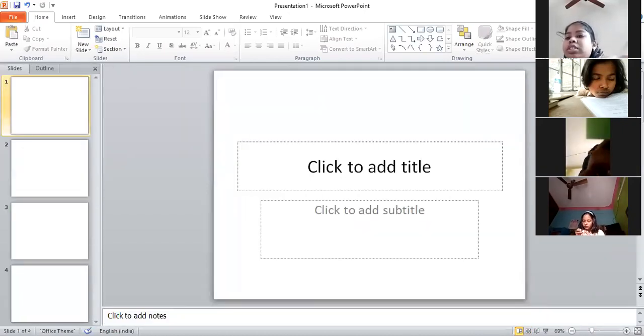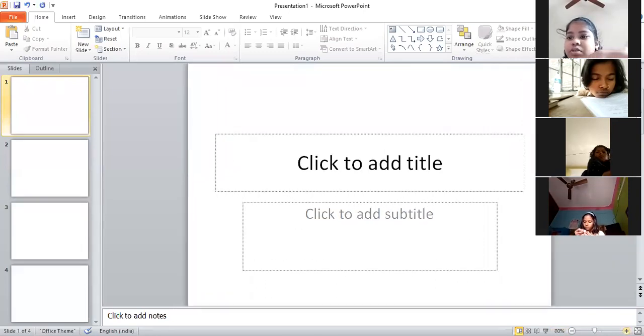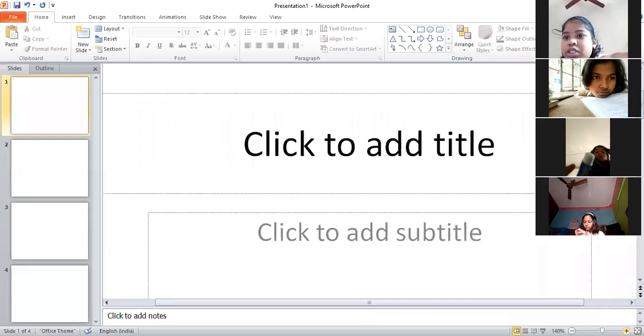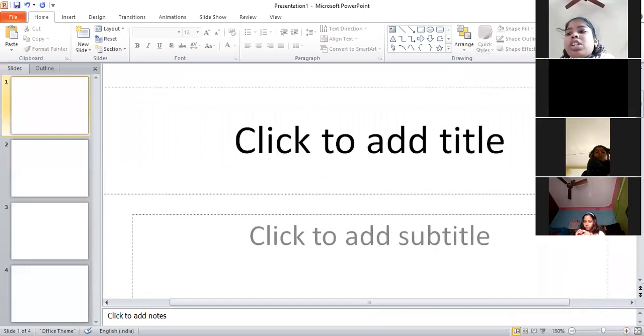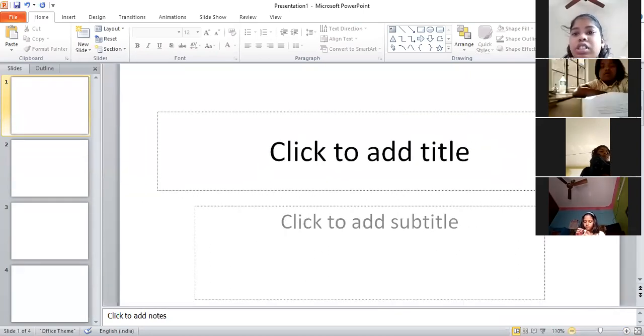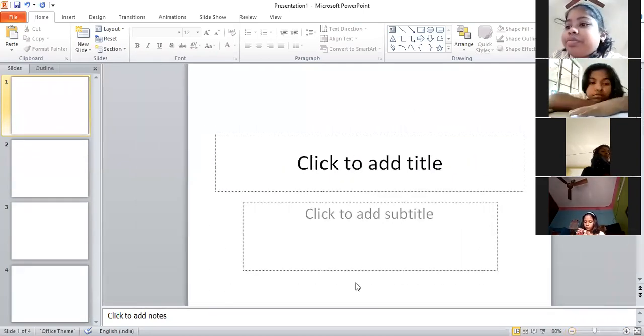Now see, zoom in and zoom out is again here in the down where we are viewing right now in 69%. If I click on the plus, we are zooming in. This is known as zoom in, that is to increase the size of the page. Zoom out is this, when we decrease the size of the page.